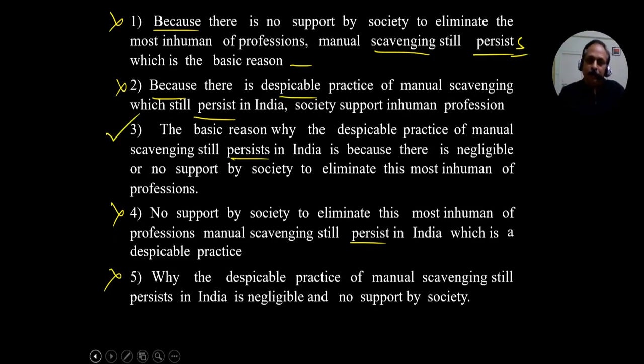But the problem here, you got to be very good at English grammar and everything should be at your fingertips. When you go to the options, when you read the first option, scavenging still persists, you have to become alert. You should know for sure grammatically it is not correct, so reject. And how many options with persist? First one is not correct, second one is not correct, and third, fourth one is not correct. Here persists, it is there. That means you have to decide between the third and the fifth.